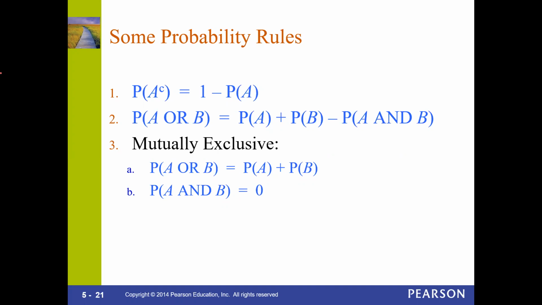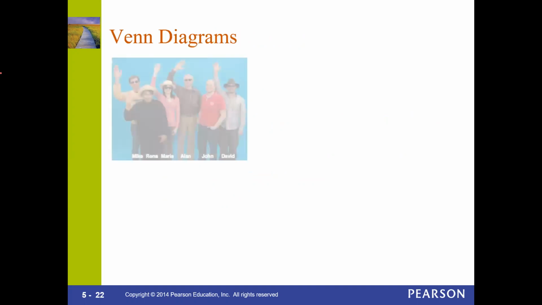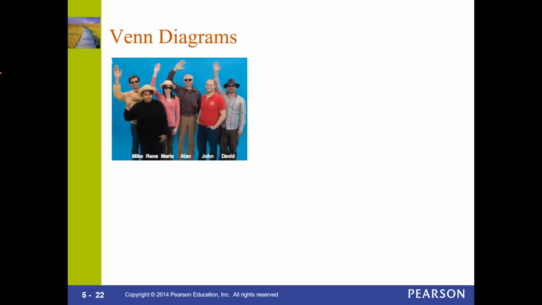Now, I just showed you an example of the 52 card deck that we use as a visual representation. When I was talking about the dice, I showed you 2 dice, and I gave you a small table to give you an idea of how it looks. There are some other graphs that we use, something called a Venn diagram. Here, for example, if we look at the picture that we see right here, you have some people with no hats, some people with glasses, and some people with hats, stuff like that.